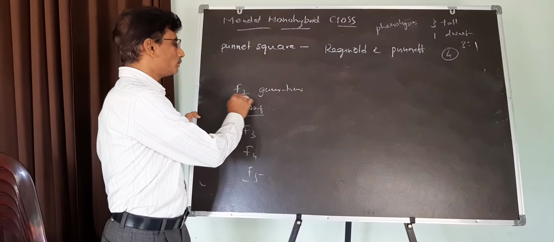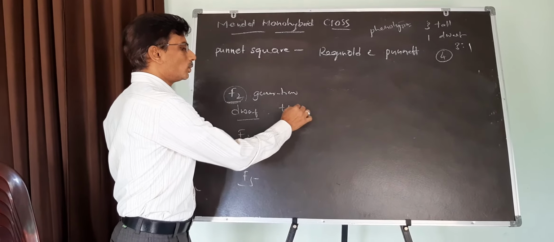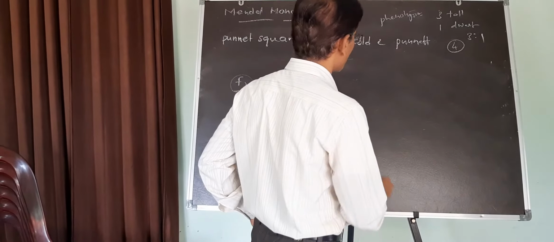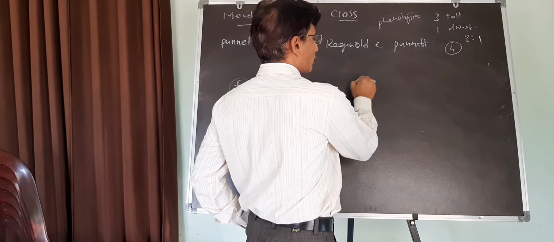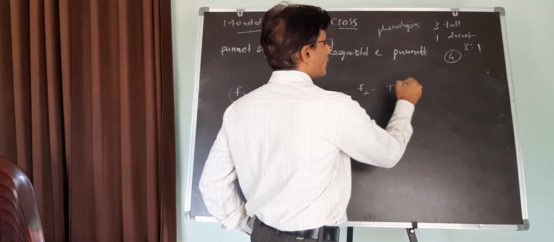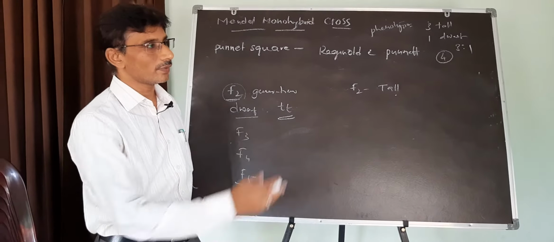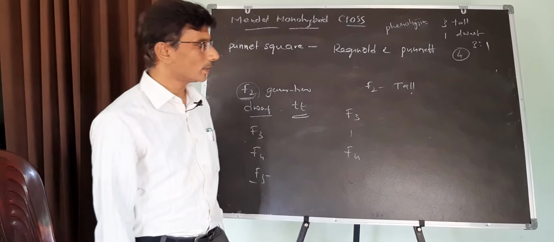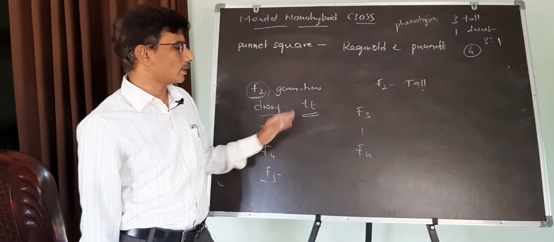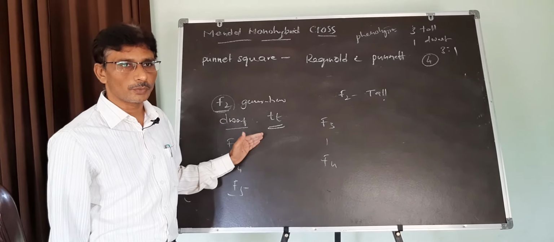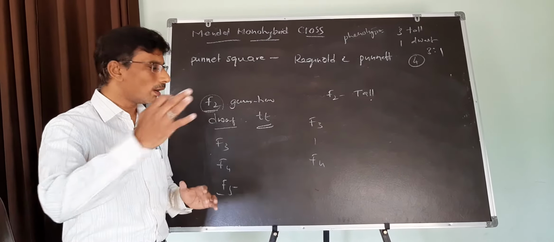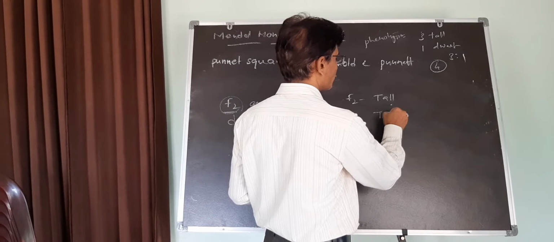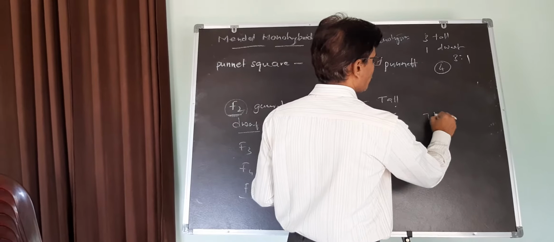That means the F2 dwarf plants are homozygous dwarf, not heterozygous. Now what would we observe? For example, if you take the tall F2 plant and self-pollinate it for the next F3 or F4 generation, what will happen? You can't get the same results as in dwarf plants. Why? Because the dwarf plants are all homozygous. That's why they yield all dwarf plants in F3, F4, F5. But among F2 tall plants there are two types of plants: some are homozygous tall, some are heterozygous tall.